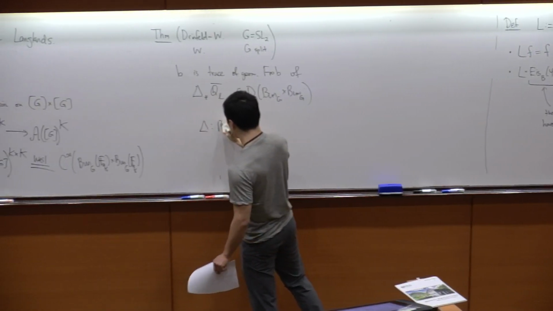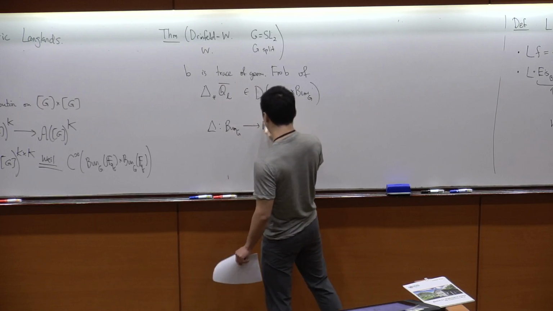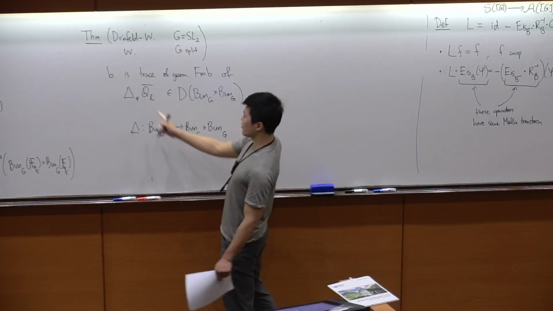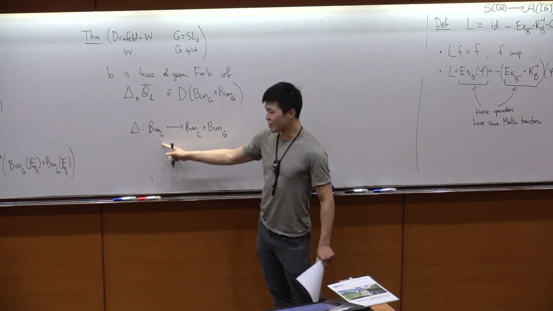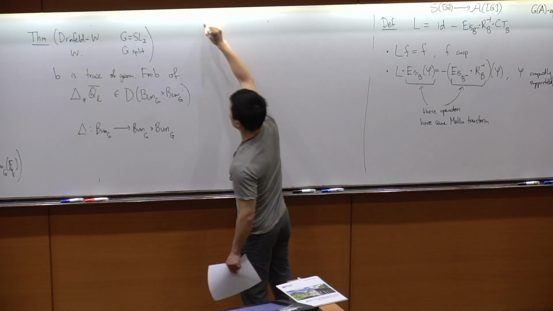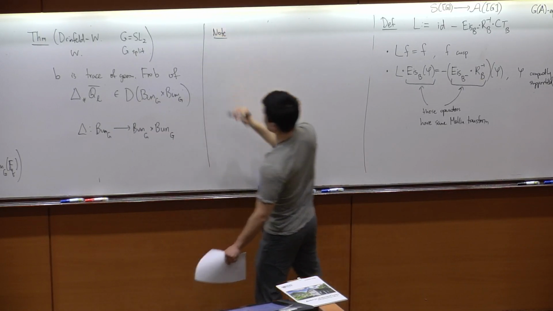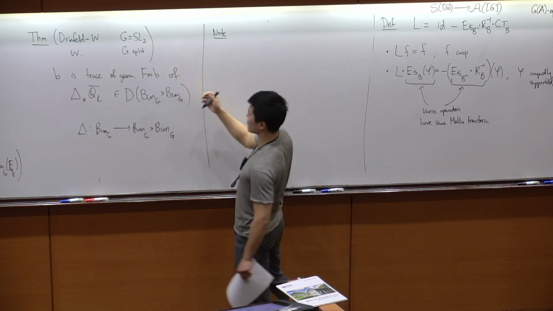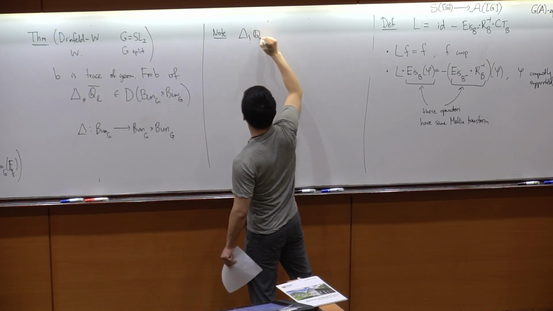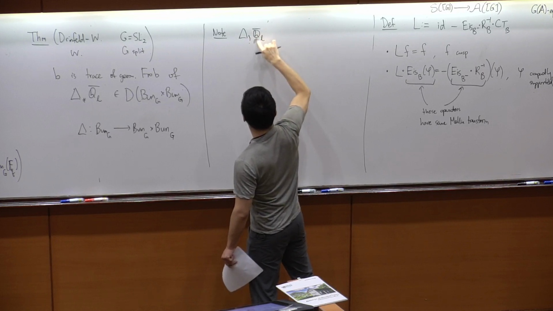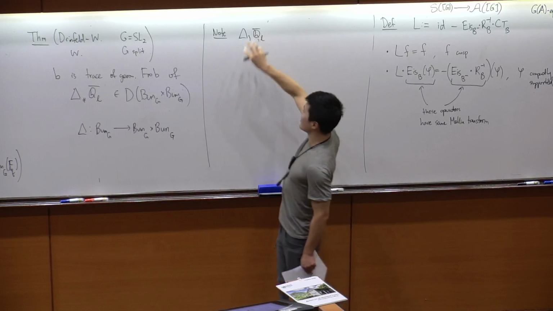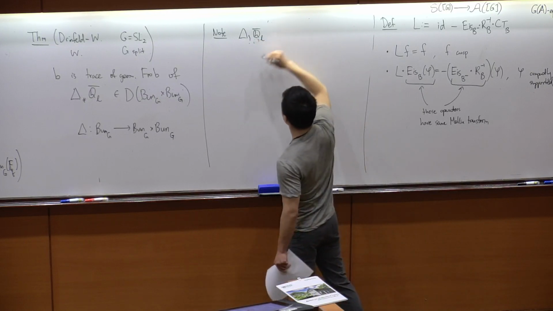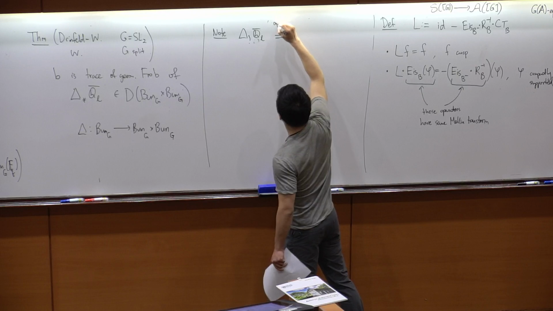So here delta denotes the diagonal map from one copy of Bun G to two copies. And Q L bar just means the constant sheaf on one copy of Bun G. But okay, so this still seems kind of random because you just pick some random sheaf and then take the trace of Frobenius. But one note is that in geometry you have more functors. So if you considered delta lower shriek, then by the Grothendieck-Lefschetz trace formula,